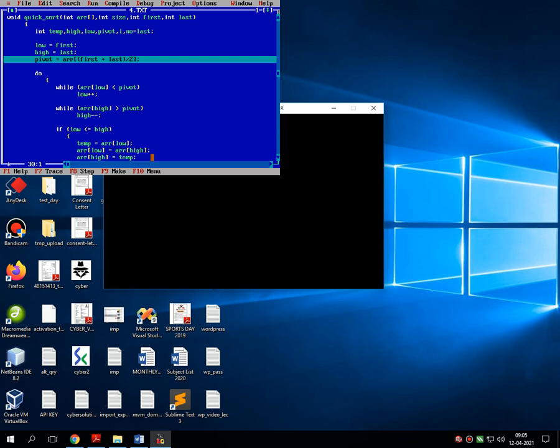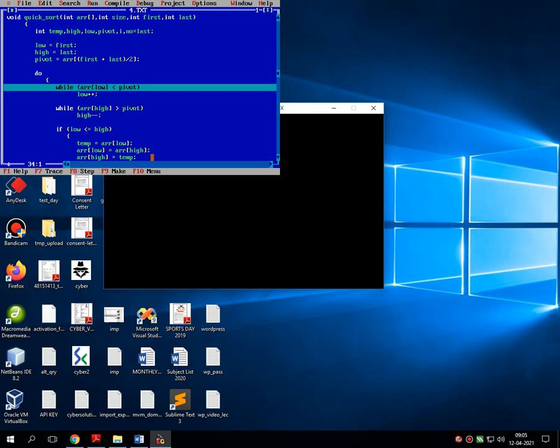Now this is step number 1, part number 2, that is pivot is equal to array of first plus last divided by 2, it finds out the pivot element. Once the pivot element is found, the list checks for the right hand side as well as the left hand side. That means this is step number 3 and 4.